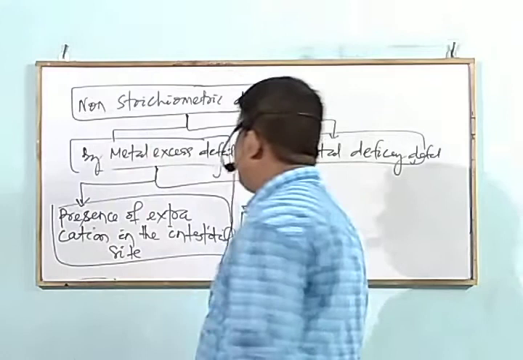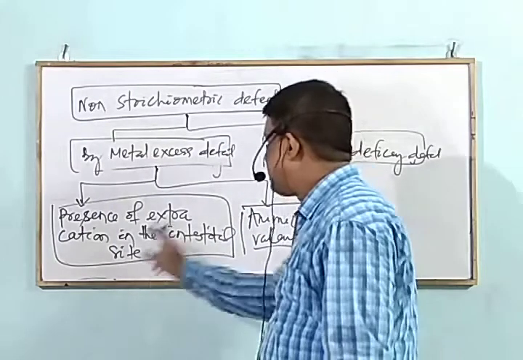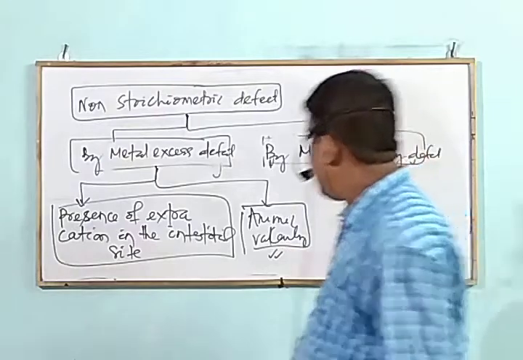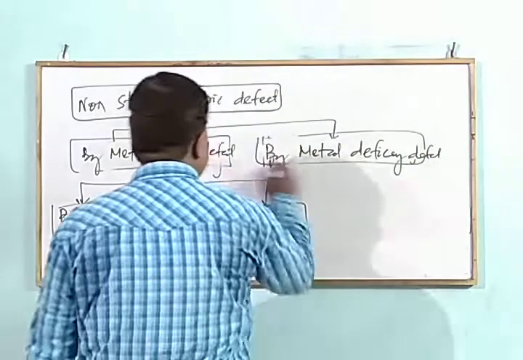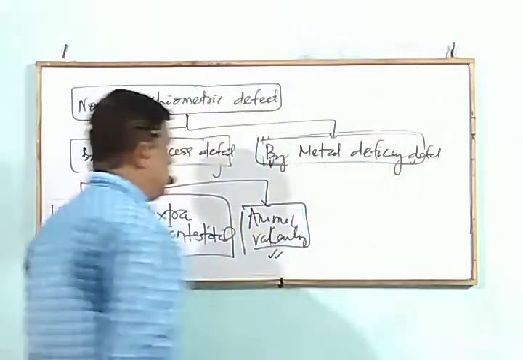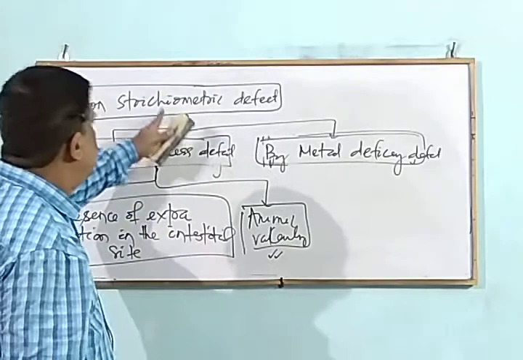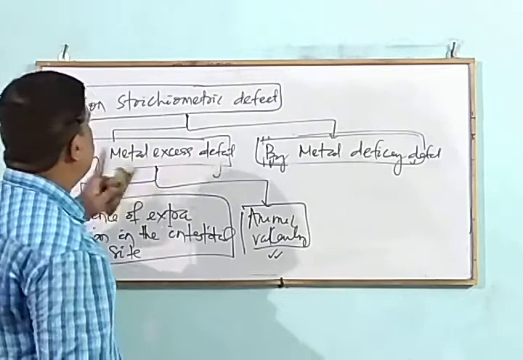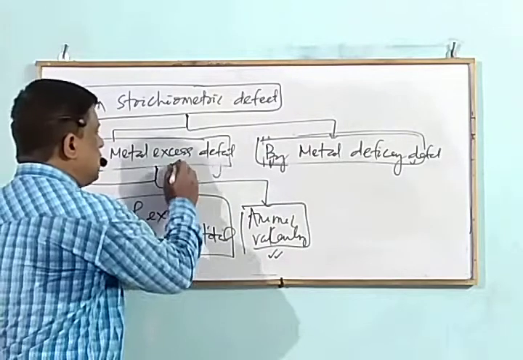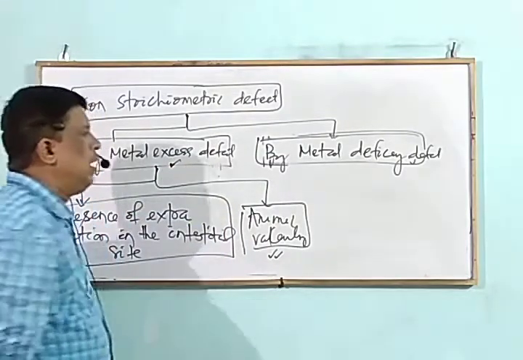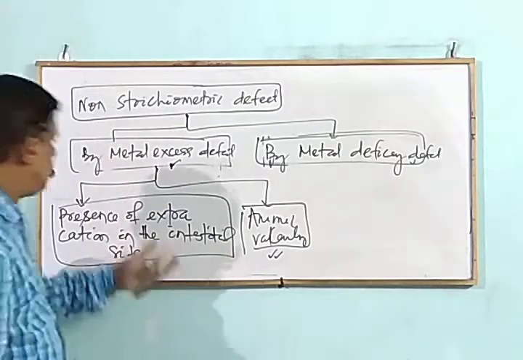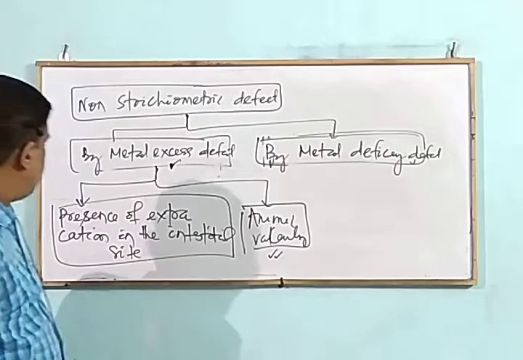One is by the presence of extra cation in the interstitial site, and another one is by anionic vacancy. And next, another one is metal deficiency defect. Mark that this non-stoichiometric defect is due to, again I repeat, metal excess defect and metal deficiency defect. Now to see how this defect arises, move to point one, that is the presence of